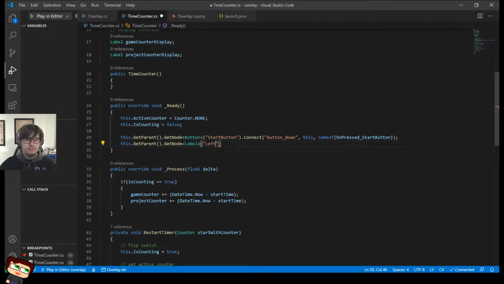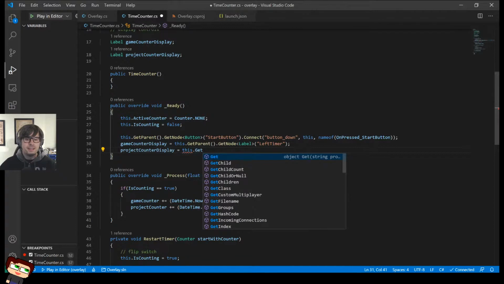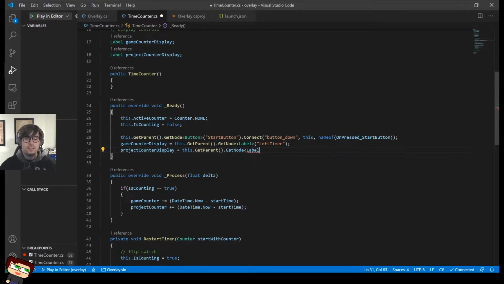So left timer, that was the game counter display is equal to this. And project counter display is equal to this dot get parent get node label right timer. Awesome to the max extreme.